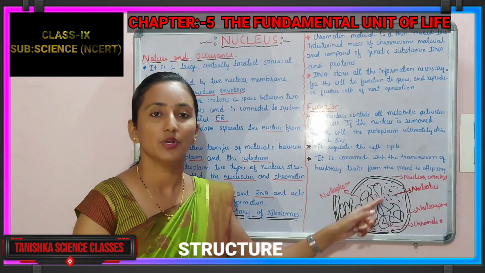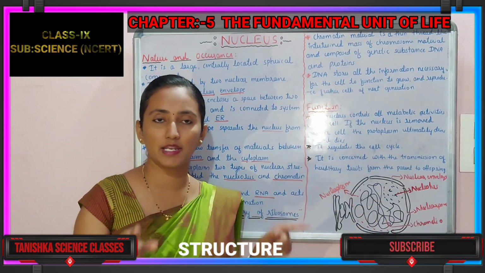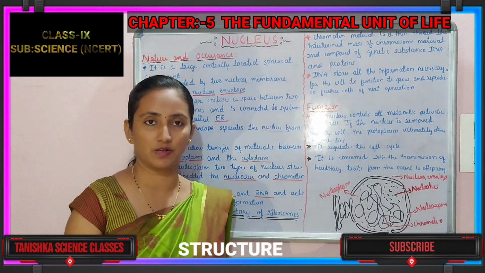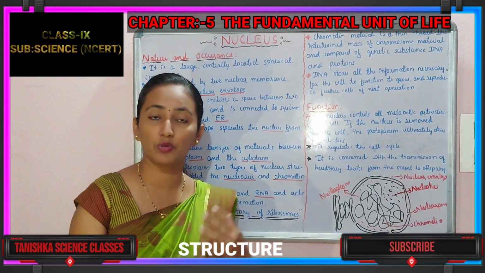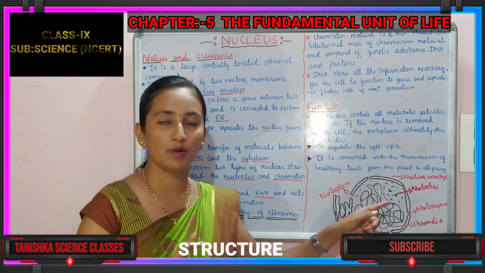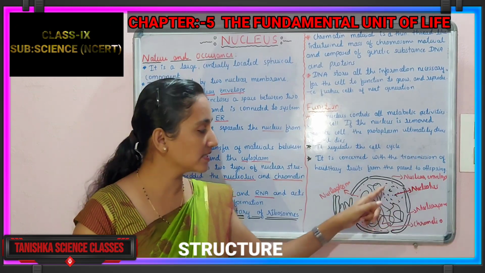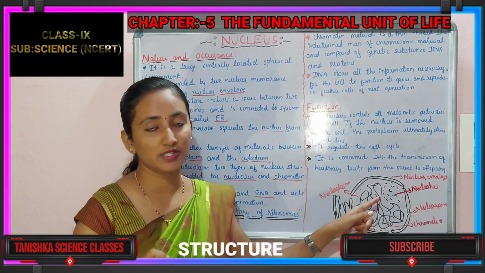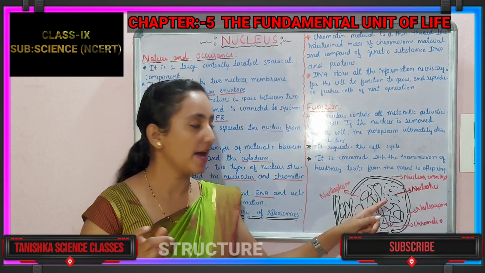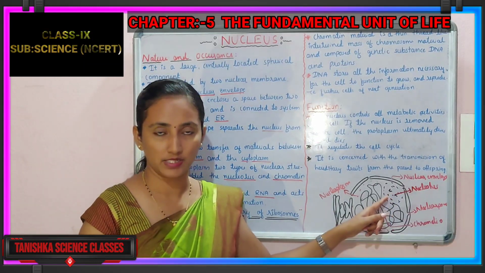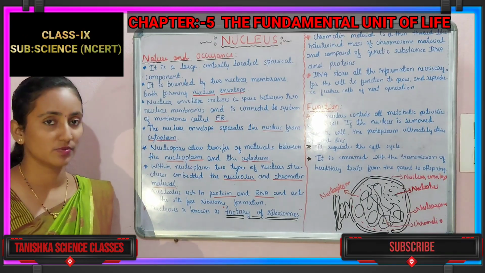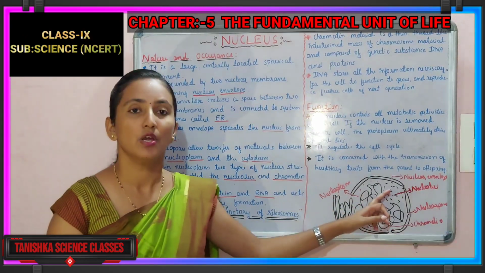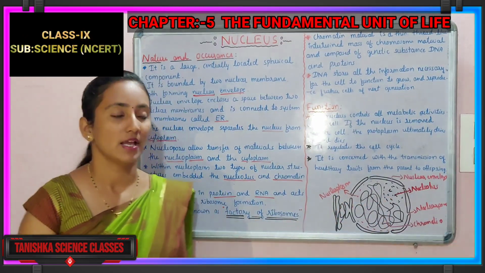That is about the nucleolus. It does not contain any membrane. It is an open structure. The nucleolus is an open structure. It may be one or two in number. So it does not have any membrane and it contains the genetic material, the RNA and the protein. It is also called the factory of the ribosome because ribosomes will be synthesized in the place of the nucleolus. And next, about what?